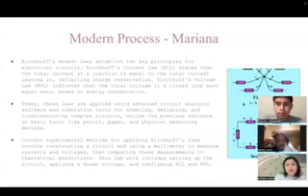Modern process. Kirchhoff's modern laws established two key principles for electrical circuits. Kirchhoff's current law, KCL, states that the total current entering a junction is equal to the total current leaving it, reflecting charge conservation. Kirchhoff's voltage law, KVL, indicates that the total voltage in a closed loop must equal zero, based on energy conservation. Today, these laws are applied using advanced circuit analysis software and simulation tools for modeling, designing, and